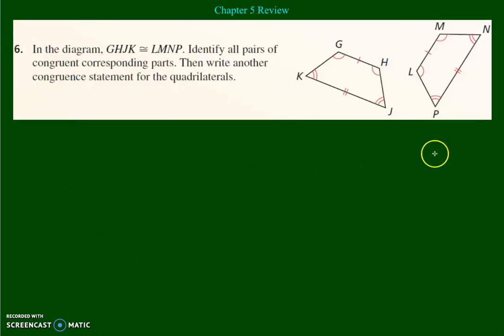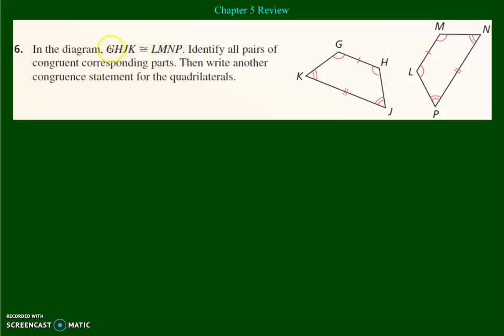In this problem, we're trying to identify parts of congruent figures. So we're given that quadrilateral GHJK is congruent to LMNP, and we're supposed to identify all pairs of congruent corresponding parts. That's the first step. Now, the key to these types of problems is the congruent statement. Because corresponding parts of congruent figures are congruent, we can use this congruent statement to identify